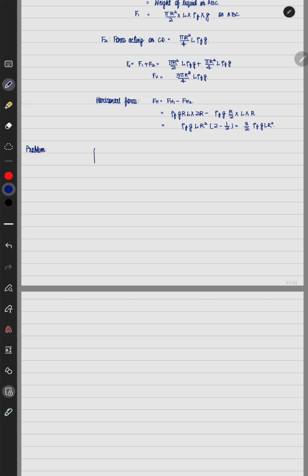In this problem, I have this y-axis, I have this x-axis, and how y is varying as a function of x is given by this: x is equal to a y cube. This is y, this is x, and up to this height d